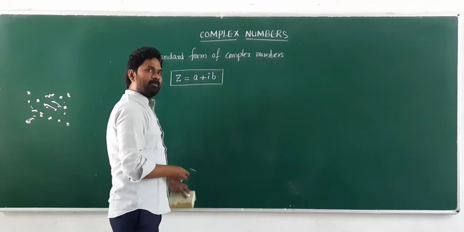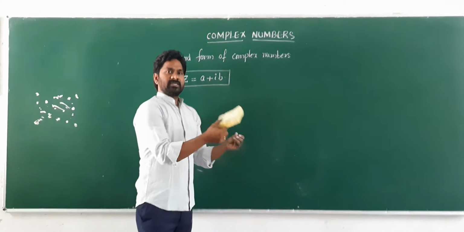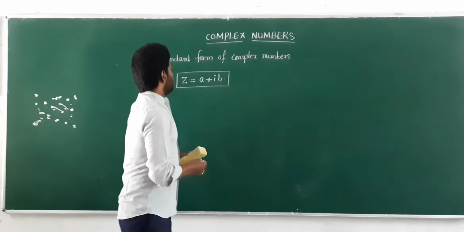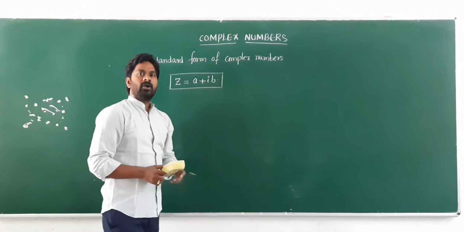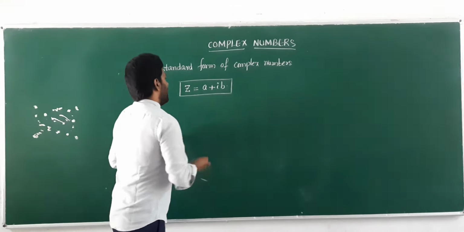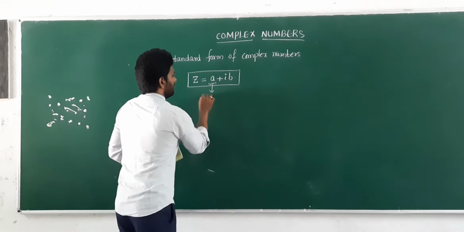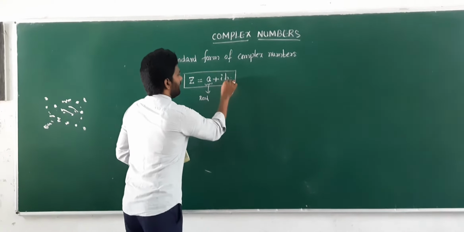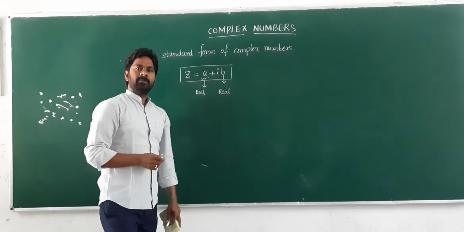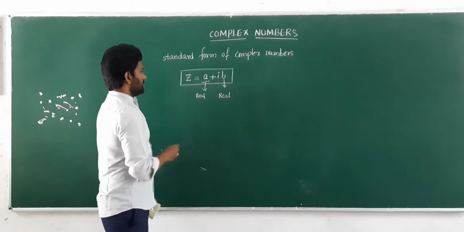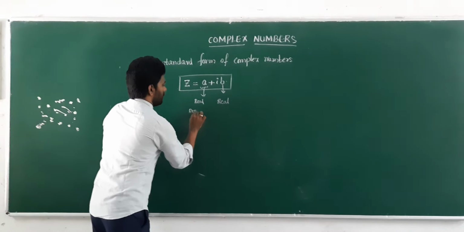The complex number can also be called an ordered pair. We will discuss that ordered pair. But any number in the form of a plus iota times b is called a complex number. Here a must be a real number and b must also be a real number, and a is called the real part of the complex number.